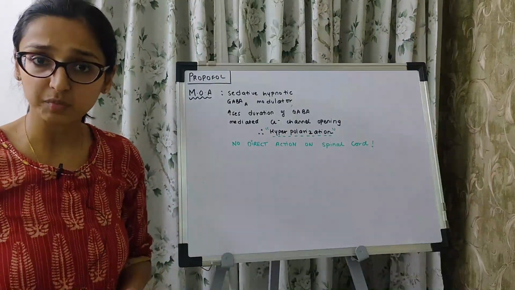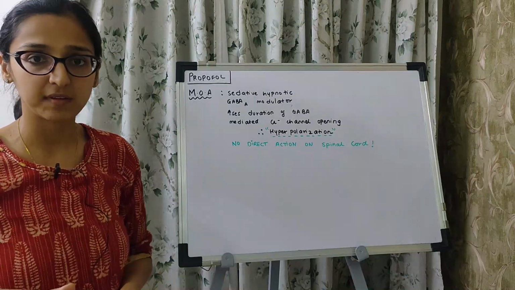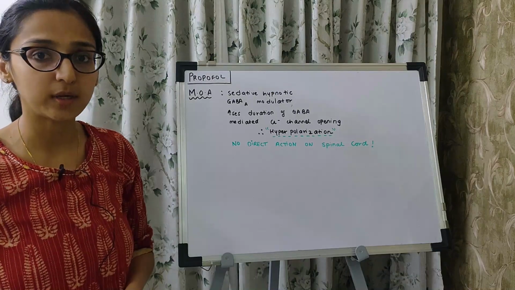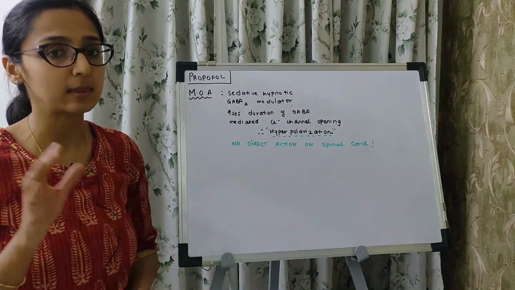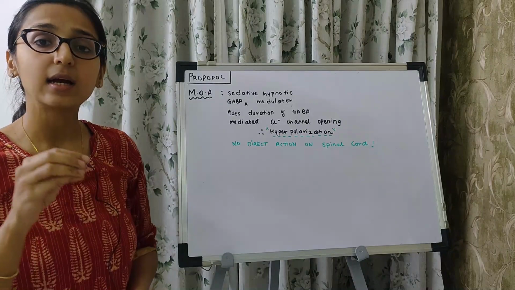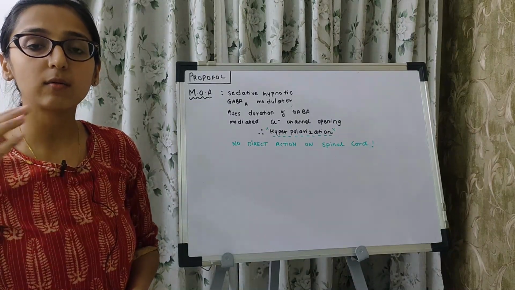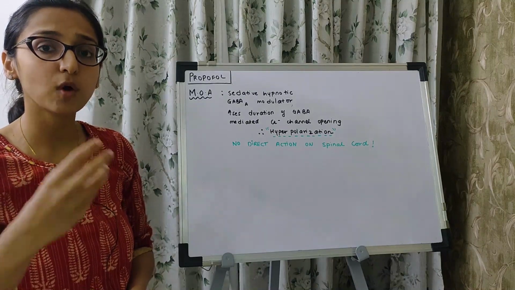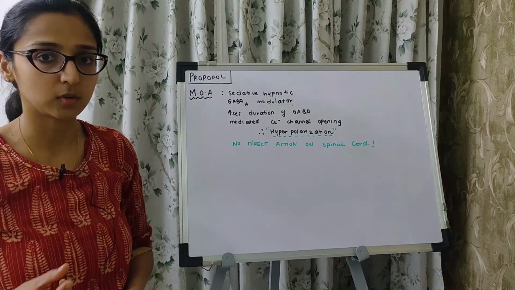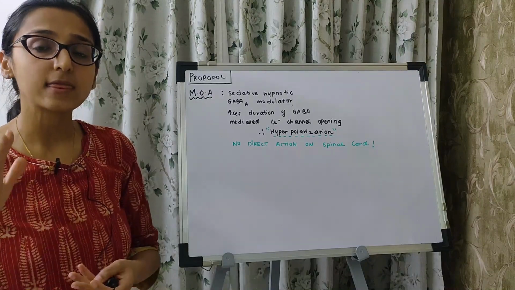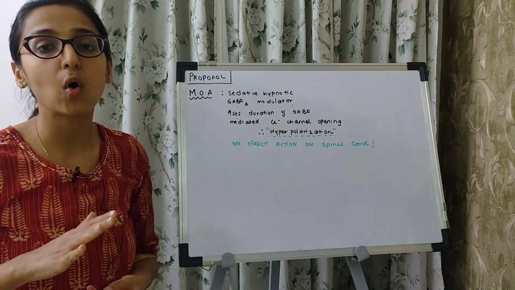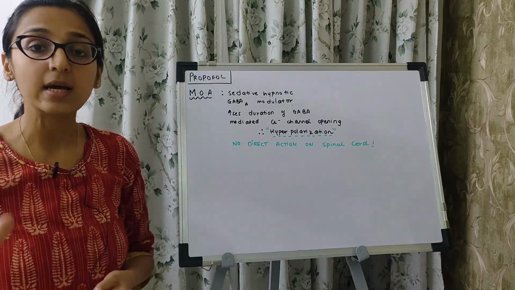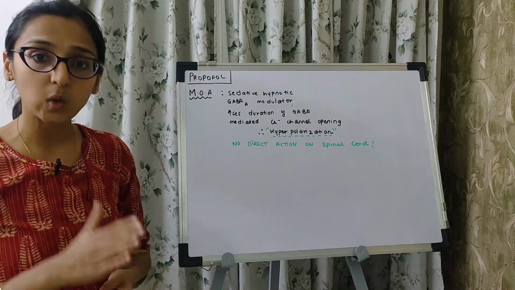Now we shall understand the mechanism of action of propofol. It is a very simple mechanism of action. It is a sedative hypnotic. It is a GABA A receptor modulator. It acts on the GABA A receptor in the brain. It will delay the dissociation of the GABA neurotransmitter from its receptor, the GABA A receptor. So there is going to be a prolonged effect of GABA on its own receptor. GABA is an inhibitory neurotransmitter in the brain, and its effect will be prolonged because of propofol.